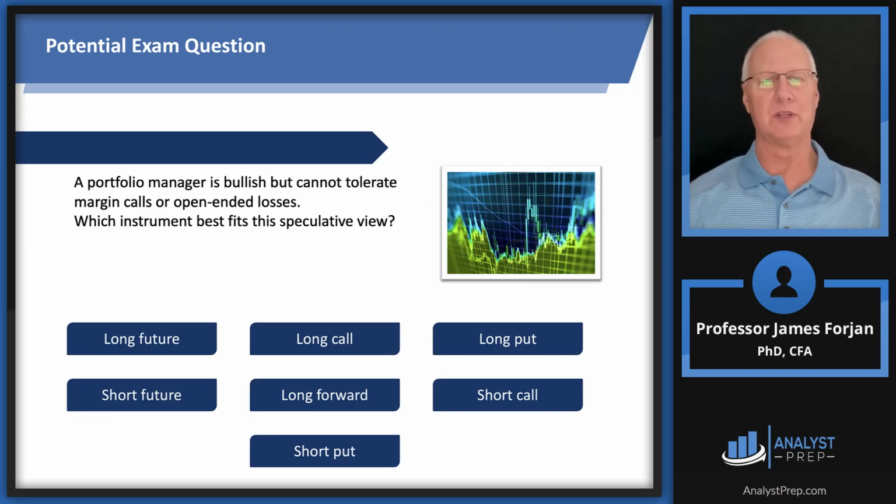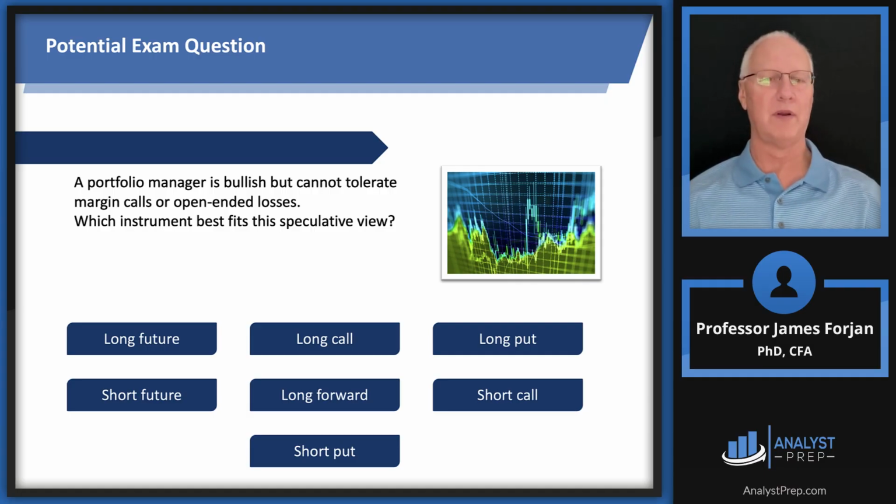How about a potential exam question? All right, we're bullish, which means the underlying asset is expected to rise. We cannot tolerate margin calls, so that wipes out all of the forward and futures contracts or open-ended losses. And so what we're probably going to do is pick one of these derivative contracts, and we'll probably just pick,